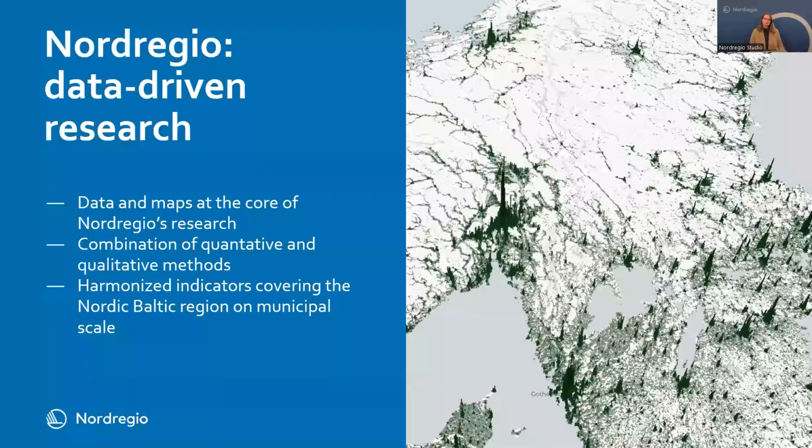So for us, it is crucial to work with data that depicts all variations of the regions and municipalities. When we start projects, we try to come up with harmonized indicators that will cover the whole Nordic Baltic region on municipal scale, or if it's not possible for some of the data, on regional scale.